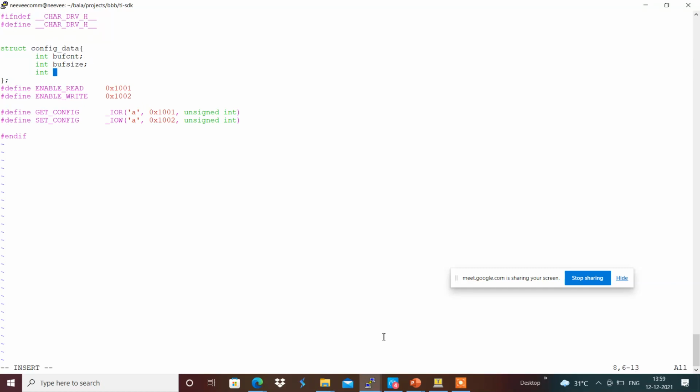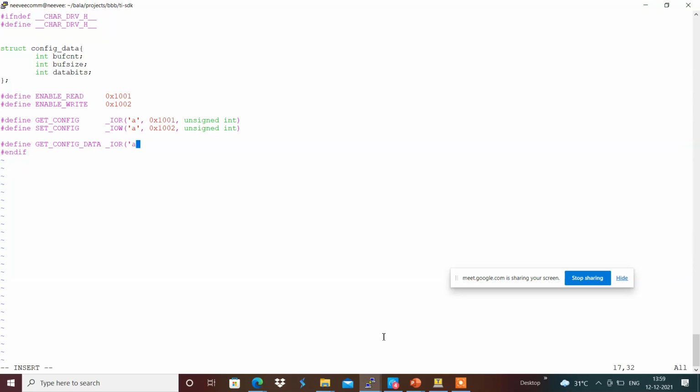For that I'm going to define a get config data, which will be something like IOR with 0x10 comma 3, and it will be struct config_data.